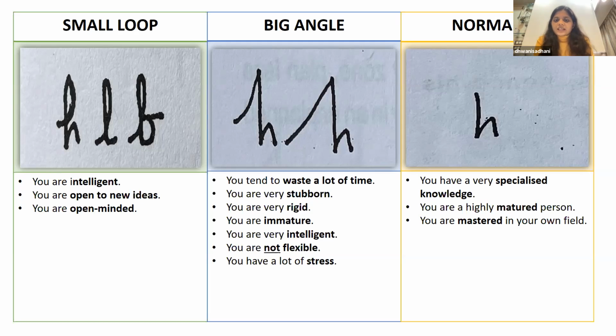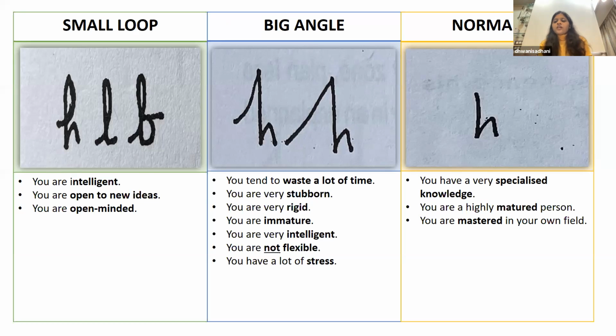All right, then we'll do the second letter H. Now, you're forming a big angle at the start. So imagine your normal H should be like this, but before that, you're making a huge angle. So now what would that mean? When you're making a big angle, it means you're wasting so much time before going to the actual letter. And you all know letters mean thoughts. So there are so many wasteful thoughts before going to the actual thought. So it would mean that you're wasting a lot of time.